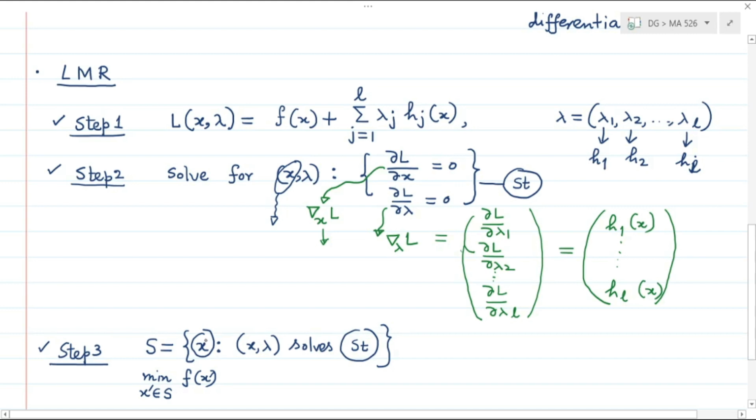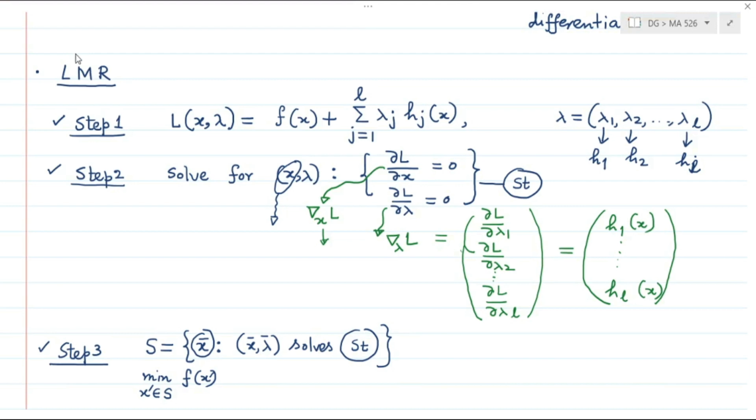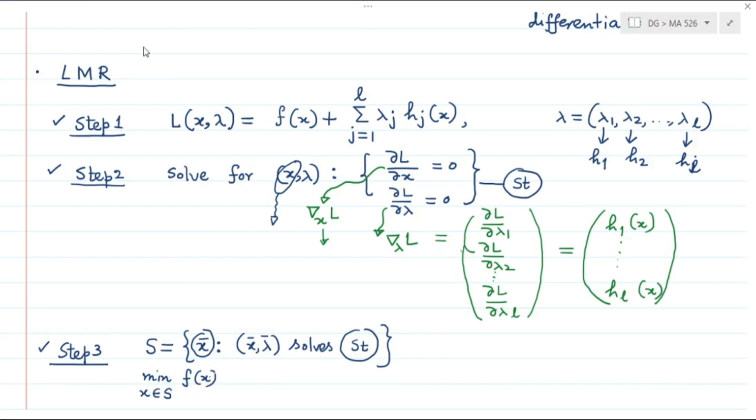This x is not a general variable. These x's are particular values of x. Associated to x bar you have a lambda bar such that (x bar, lambda bar) solves the stationarity system. Then you find the minimum value of the function f only on the set S. That means you find those points x bar in S